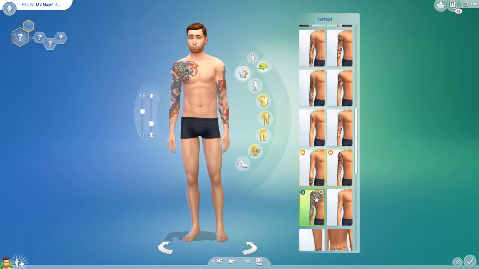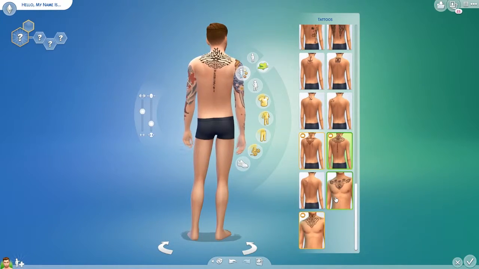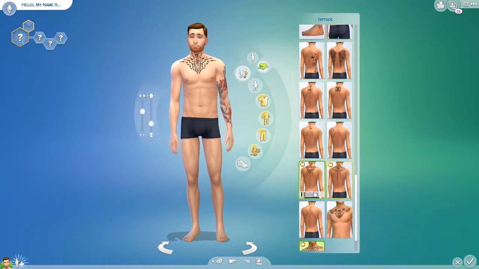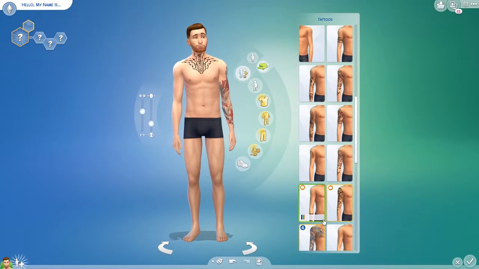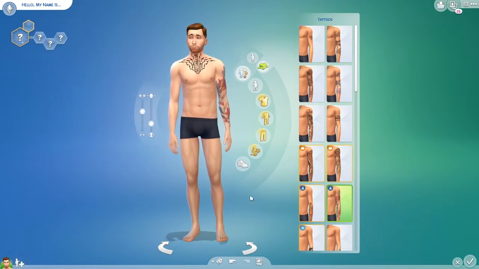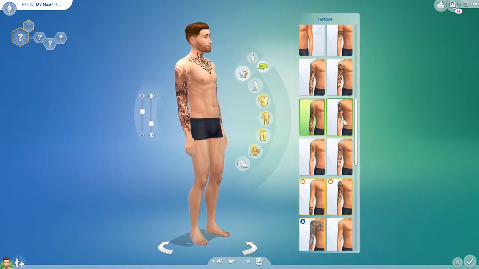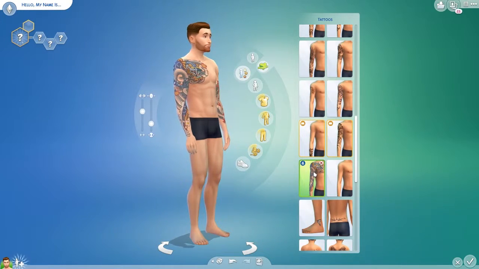He's no lanky boy. You can tell he does his CrossFit, okay? And I think about doing that weird tattoo in the back. I don't think we actually go with it. And I think about doing that one in the front, because he has a throat tattoo, and I thought it was really important. But I honestly like the really colorful tattoo that goes over his chest a little bit more, just because I think it makes more sense,